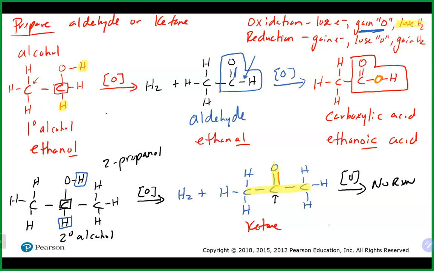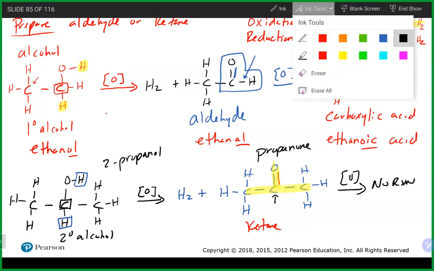Oh, well. And this is, as we just talked about, 1, 2, 3. That is propanone, right? Now, these are all oxidation reactions where we're getting rid of hydrogens, and then on the top guy, obviously adding oxygen. If we wanted to do reduction reactions, you're just going backwards. So if we were heading in this direction,